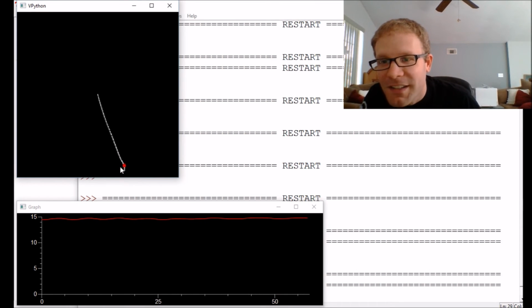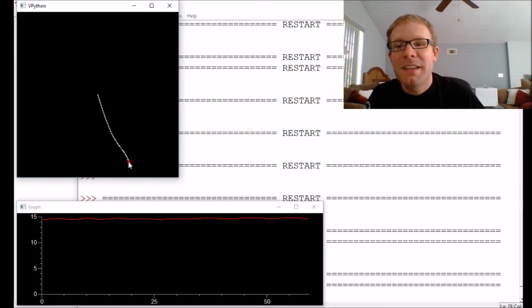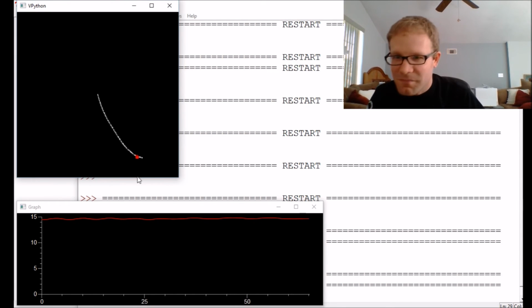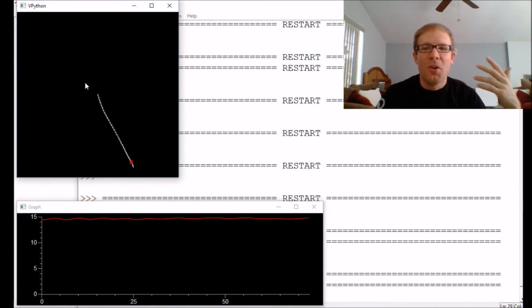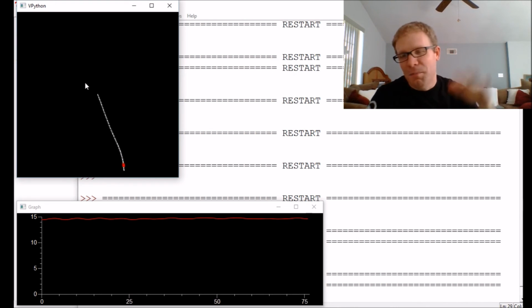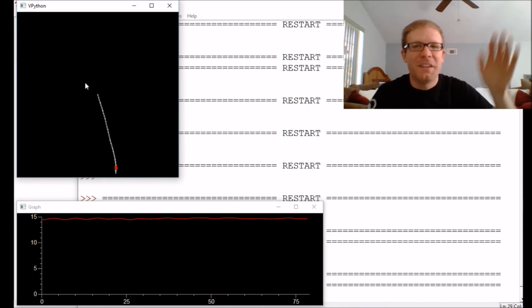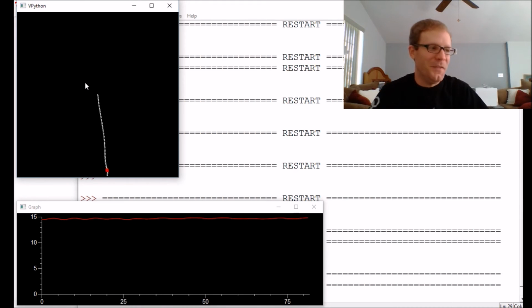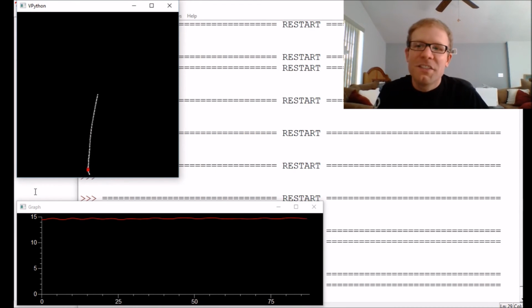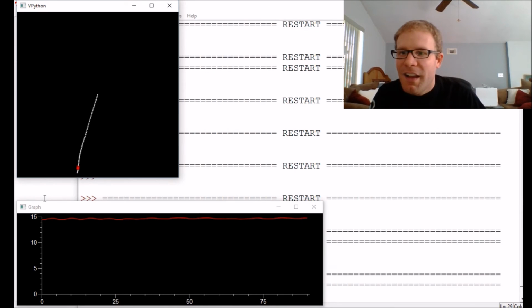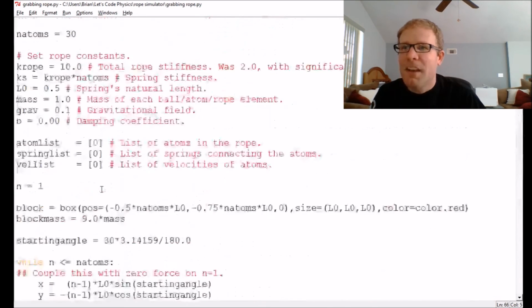It's also fun to watch this little tail end down here, because now that's basically swinging more or less freely from the red block there. So the thing is grabbed on, and now it's going to swing back and forth. So now it's changing the way that the rope swings. I need a program in for the block to jump off at some point, but this demonstrates the essential physics that you're looking for. Let's actually see what happens to this thing if we make that block heavier, because right